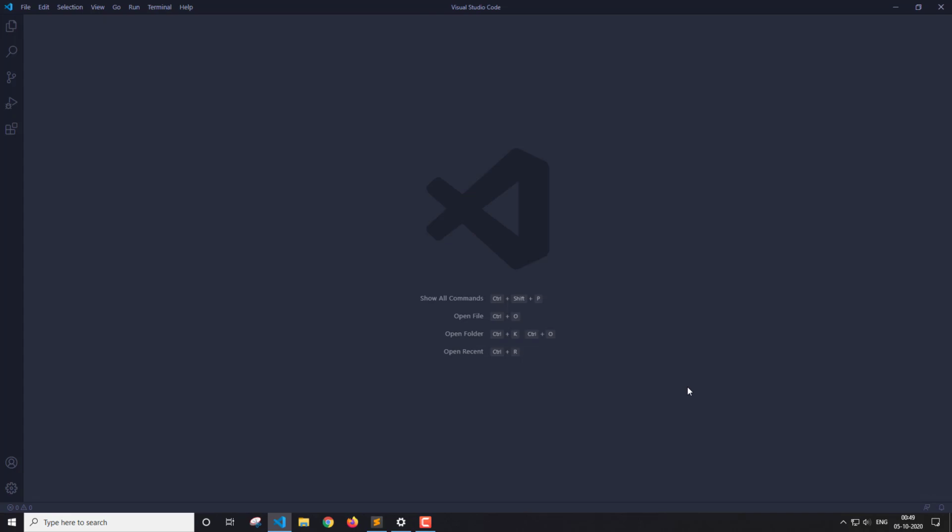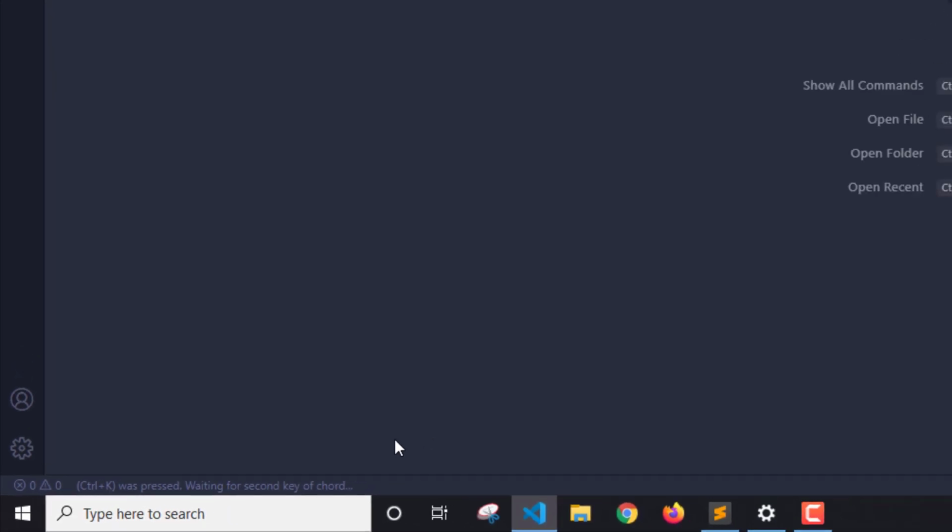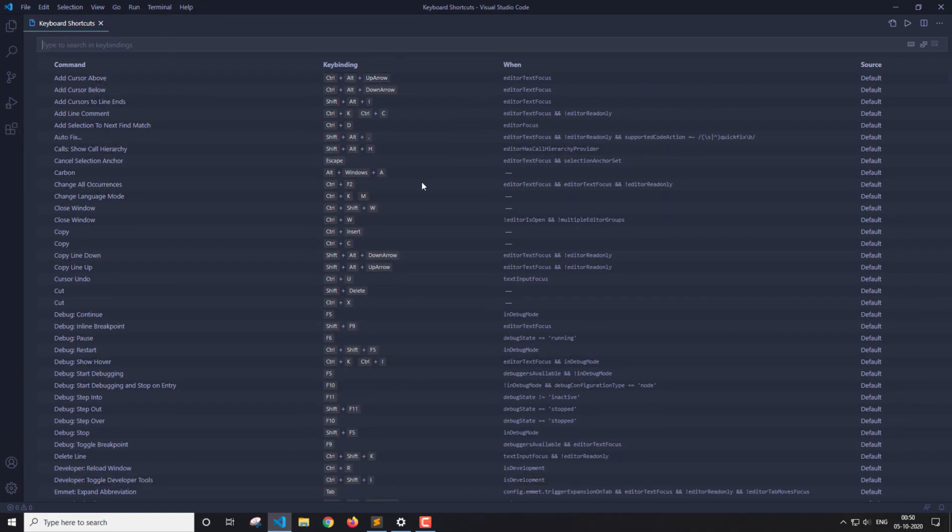I'm going to press Ctrl K and observe what happens here. As you can see, it is written Ctrl K was pressed, waiting for second key, and it just disappeared. Now I'm going to press Ctrl S and nothing happened. So now let's press Ctrl K, and as it's waiting, let's press Ctrl S, and we have our keyboard shortcuts listed.